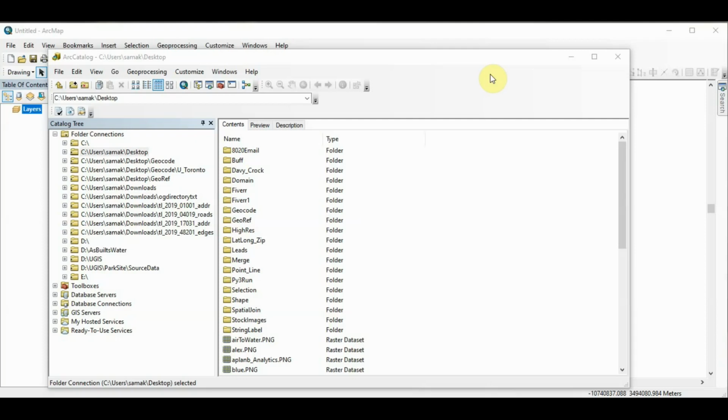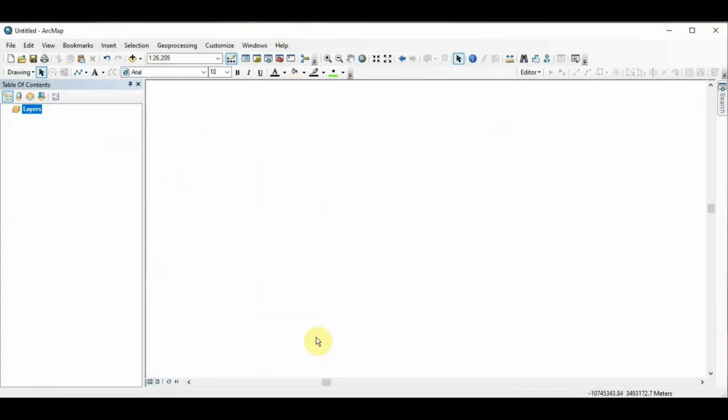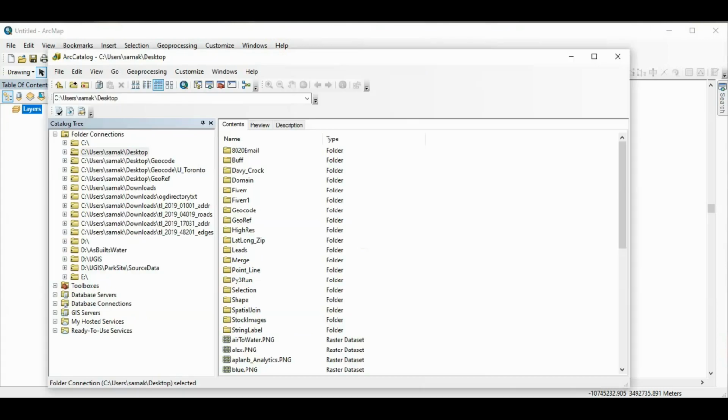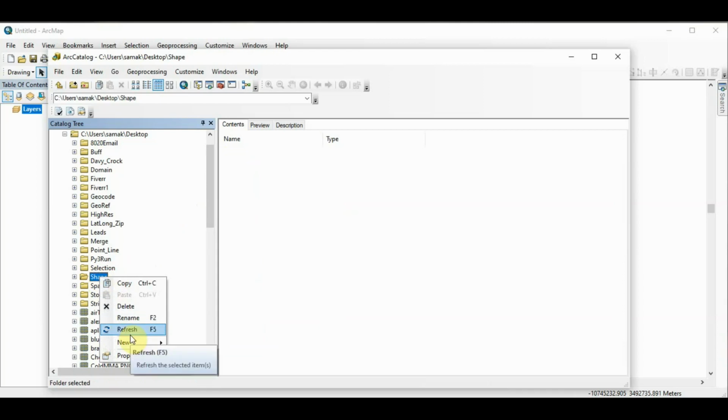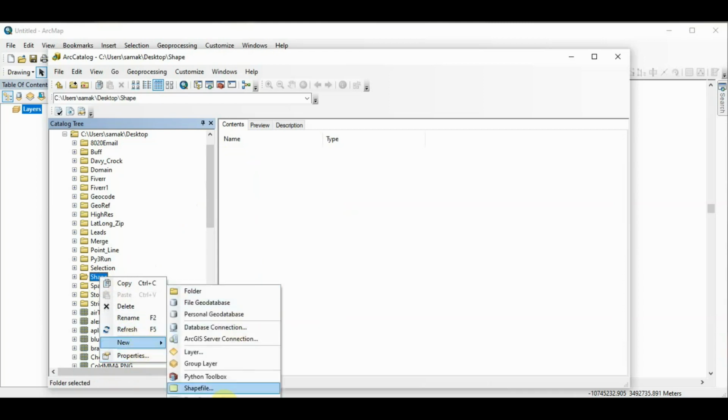Hello everyone. Today we're going to look at something very basic. We're going to make a shapefile from scratch. When you're making a shapefile, you don't start from ArcMap. You start from a catalog. So you go to the folder where you want to save your shapefile, and you right click and say new shapefile,